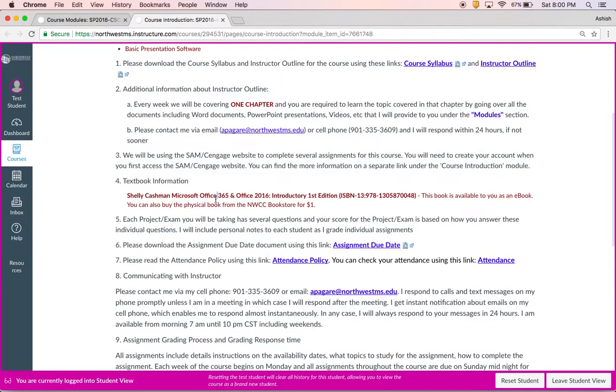This is the textbook, and if you want a physical book, you can get it for $1, literally $1, because you have already paid for this textbook when you paid the tuition fee. The assignments that you have to do on the SAM website, you can submit them multiple times. So if you don't do well, please resubmit it. That way you can make better grades.